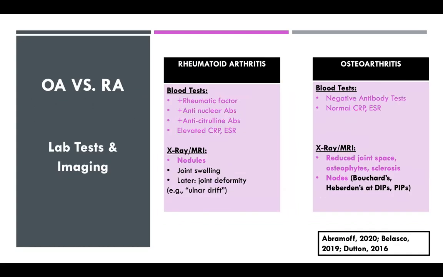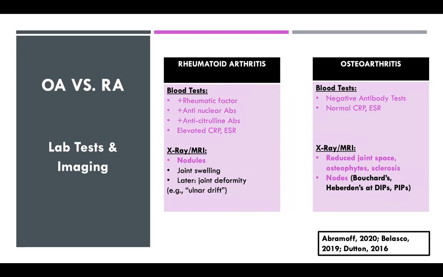Some other things to keep in mind, and these are not necessarily things that you'll be performing as physical therapists, but this helps provide context for your history and medical review if you have access to these. These can be some tests that patients come in with or potentially that you're informing them about and referring to other providers to obtain. So in rheumatoid arthritis, part of the diagnosis is usually the presence of these what are called auto